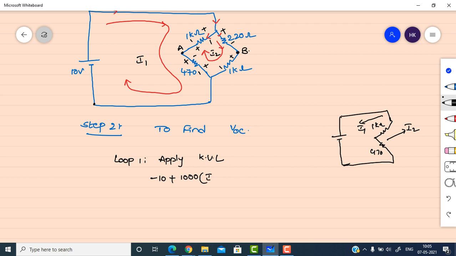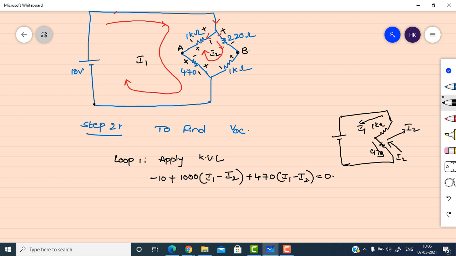So therefore 1000 into I1 minus I2. After that the current is entering 470 ohm resistor, again it is positive. So plus 470 into, again this 470 is also common to the two loops. So two currents are flowing and those two currents again here also in opposite direction. I1 current is flowing in this direction and I2 current is flowing in this direction. Those two are in opposite direction. So you have to take the difference, I1 minus I2. So after this no other element is there, we ended at the same point, so equal to 0.